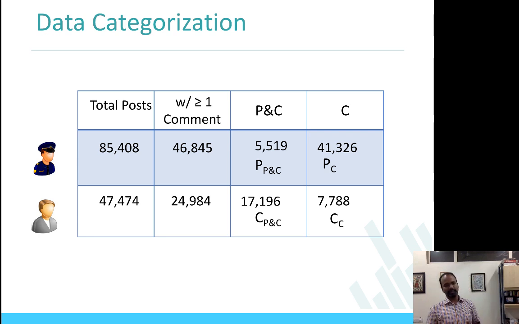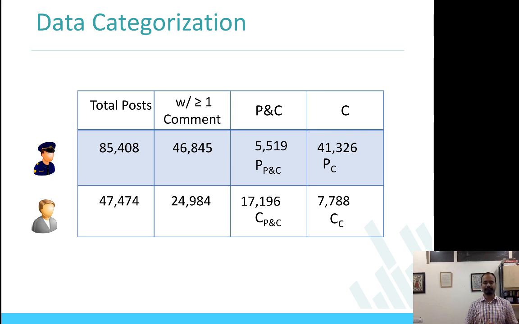If you see the interactions where police and citizens are interacting, the comments, which is P and C, is when the police post. The way to read this table is row 2, which is the police post, and column 3, which is P and C, means that police is posting the content, and the police and citizens both are interacting, which is P, P and C. And the C is only citizens are interacting, which shows that when police posts, citizens are actually interacting with the